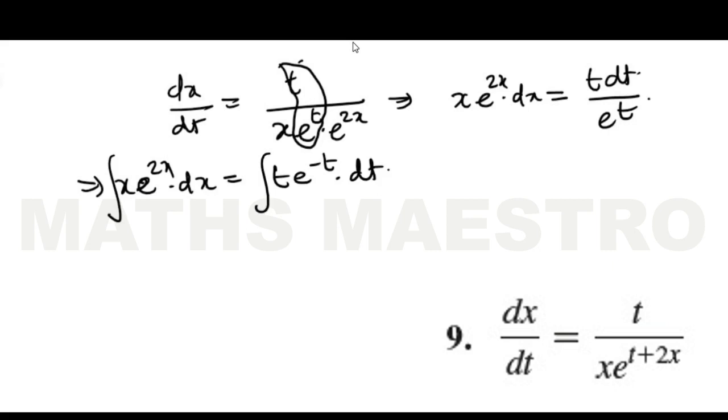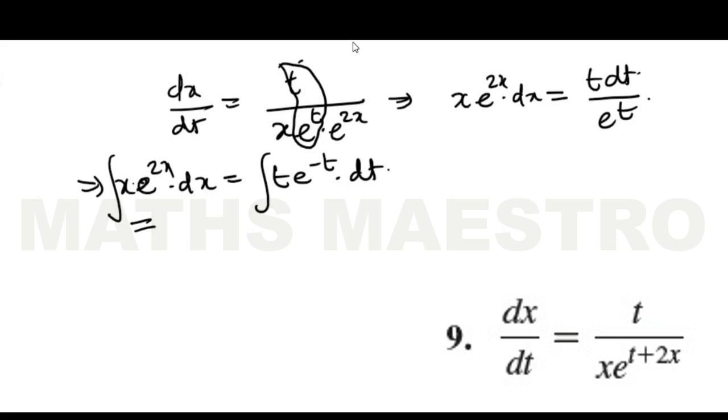Apply integration on both the sides. Since there are two actually different components, multiple of two different components, we need to apply integration by parts in both of the equation, on the right hand side as well as on the left hand side. So I take the left hand side first, and let us do it.